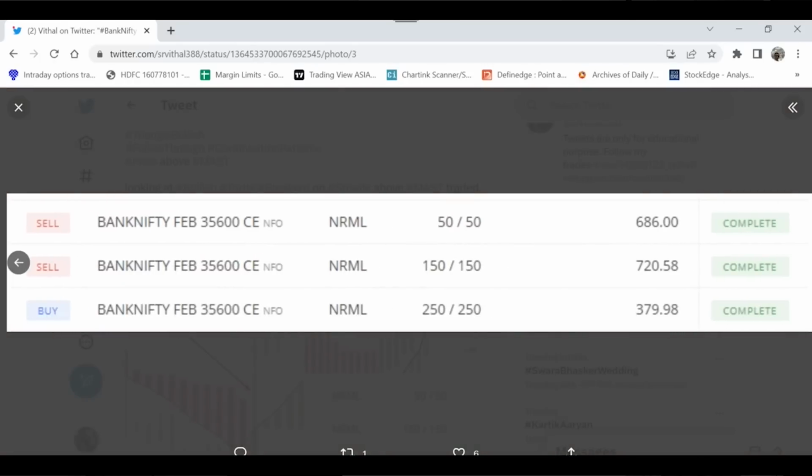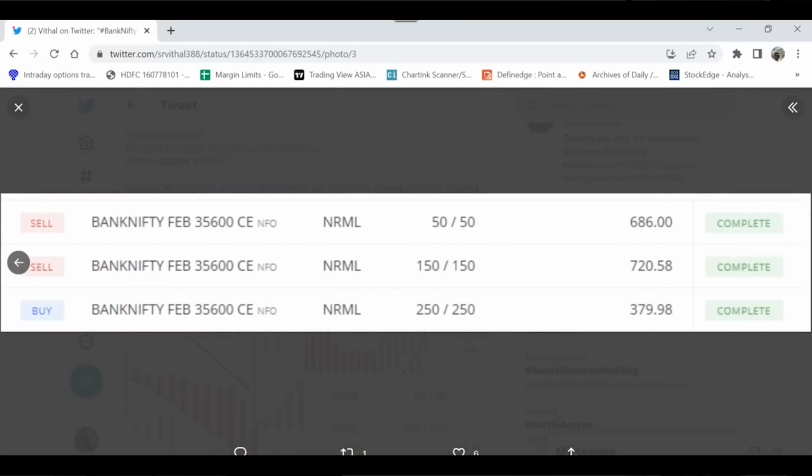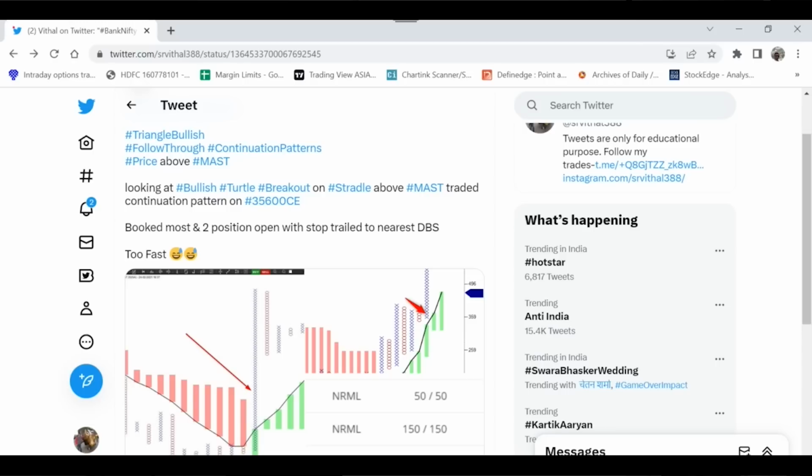Yes, and one can see you can trade this, and this was one of the 100% trades. There are a lot of examples when the straddle is trending. Look for single leg options, and you can add more lots. In fact, that brings me back to the old video on straddles where I had said that when the straddle is trending upwards, with a very bullish pattern like a double top buy above either the moving average or the triple moving average which I had shown, that clearly means that Bank Nifty is trending either up or down, which we don't know. But when he looks at the call and put chart separately, that tells us what Bank Nifty is doing. And then he trades the individual leg on its own. Yes. So here is one more example we can see.